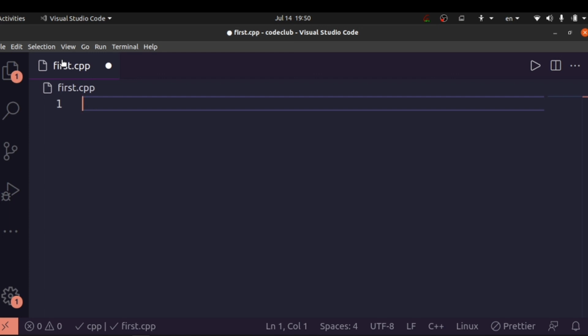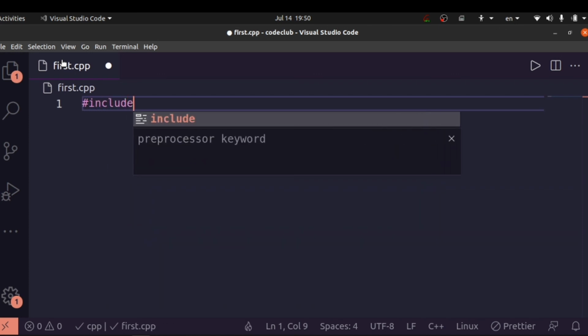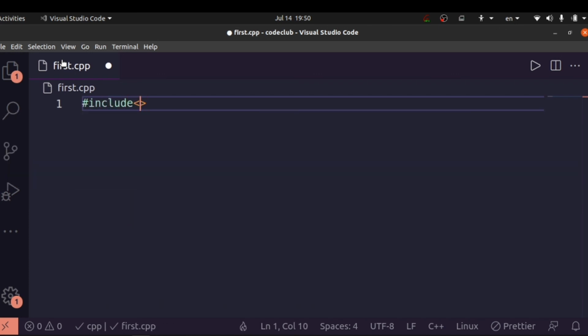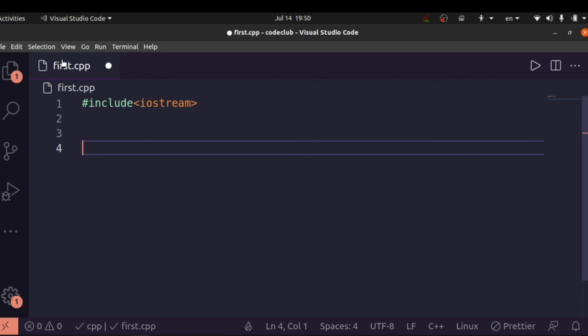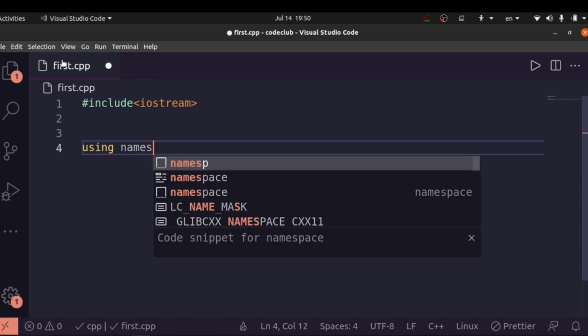So our cleanest C++ program is: first I will start with this preprocessor directive, then tell my program to include, with the first angle bracket and second angle bracket, iostream. And I will just use these blindly for now, and I will open your eyes at a later point of time. Then using namespace